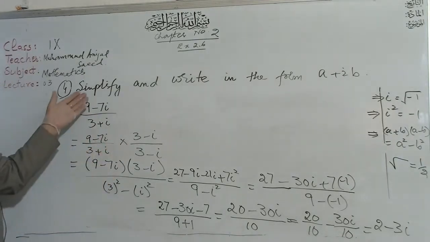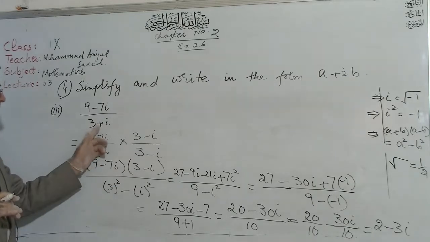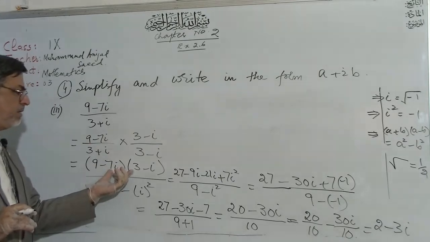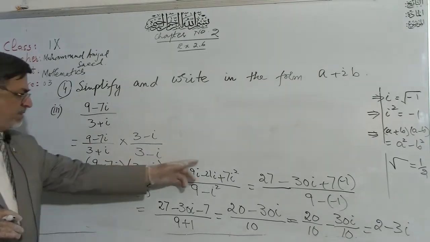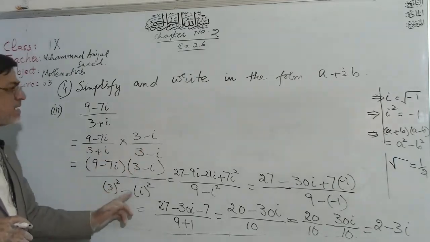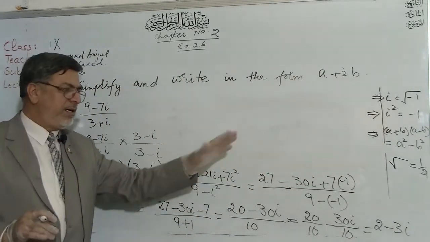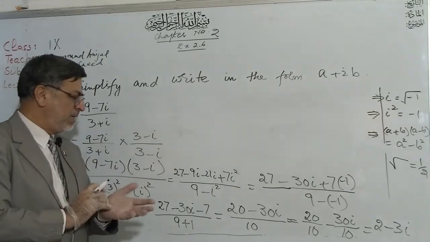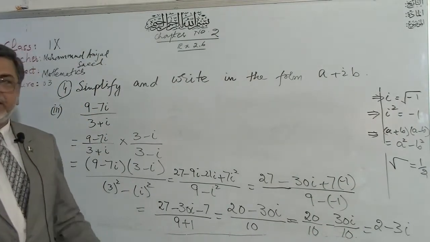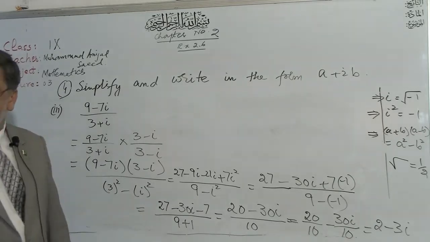What we did in this question, very easily you can understand, we multiply above and below by the conjugate of denominator. Then multiplying above two brackets and applying the formula of a plus b, a minus b as a square minus b square. That formula is applied here, and then we simplified and applied the value of iota square as minus 1. And after simplification, you got 2 minus 3 iota. Hopefully, you got the idea. After that, we have part number 4. Question number 4.